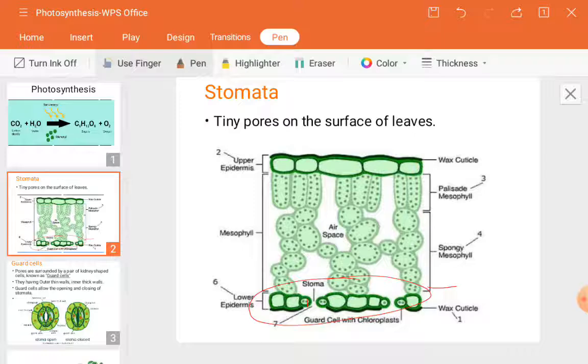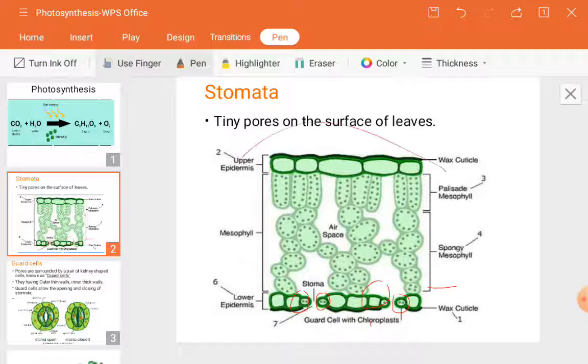Now the pores in the middle are the stomatal cells, and those present surrounding the stomatal cell are the guard cells. Inside the guard cells you can see small pigments or dot-like structures. Those are chlorophylls, or the chloroplast, an organelle consisting of chlorophyll, so it is shown like this.